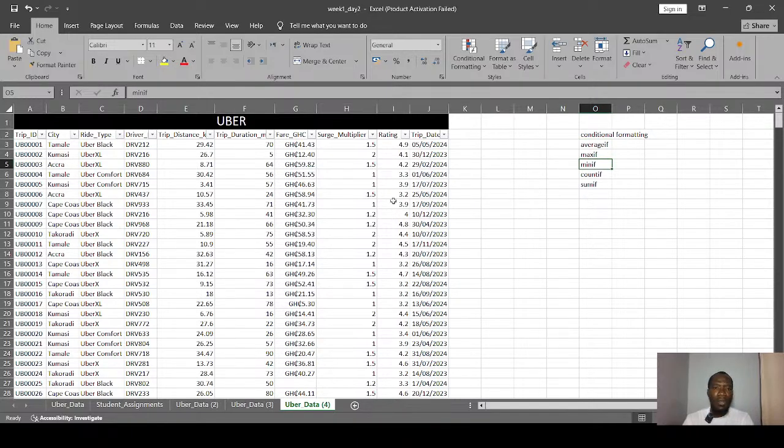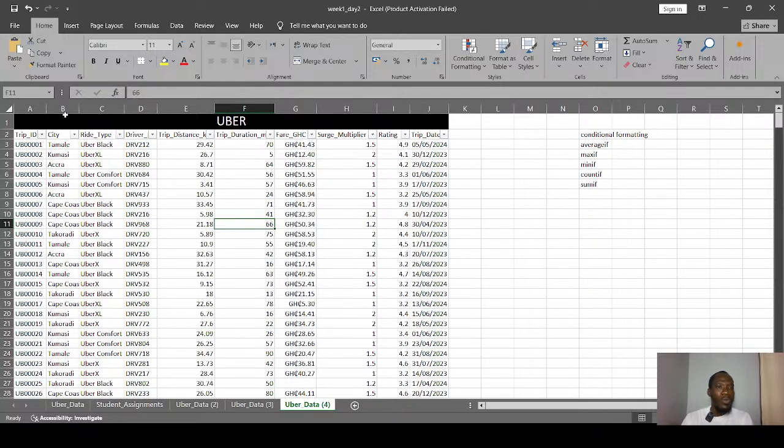So I think in assignment 4, we're given a question that says we should highlight some cells in a column that contain a particular word, right? That is conditional formatting. So we'll look at how to use it when the cell contains words or text, and then when the cells contain numbers. Let's start with how to use it when the cell contains text.